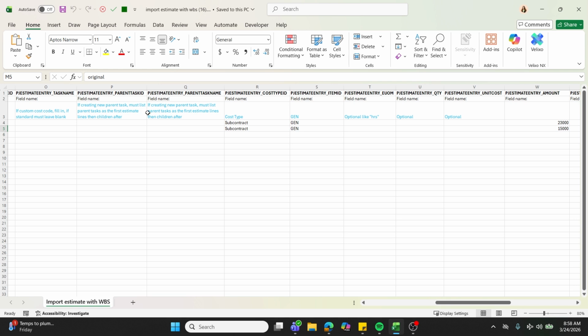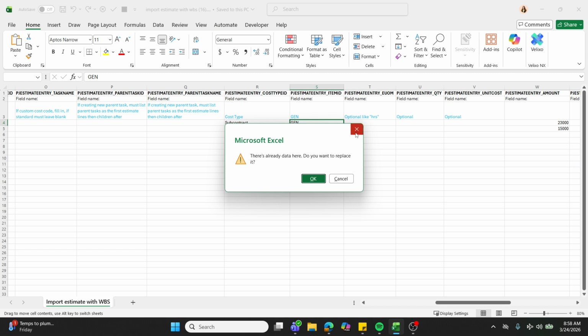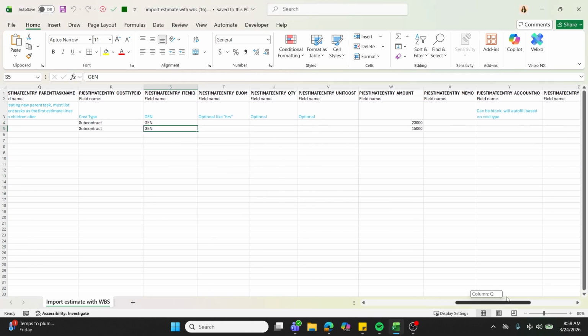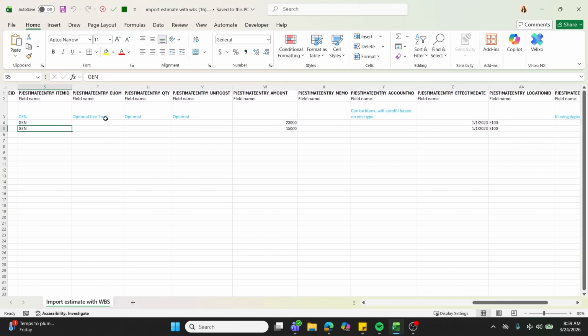These rows are if you're entering any parent tasks and child tasks. And in R, we have our cost type ID. S will be the item ID. In my instance, I'm using Gen for general. It might be different in yours. And then you have options to break out units of measure, quantity, unit cost, and the amount.